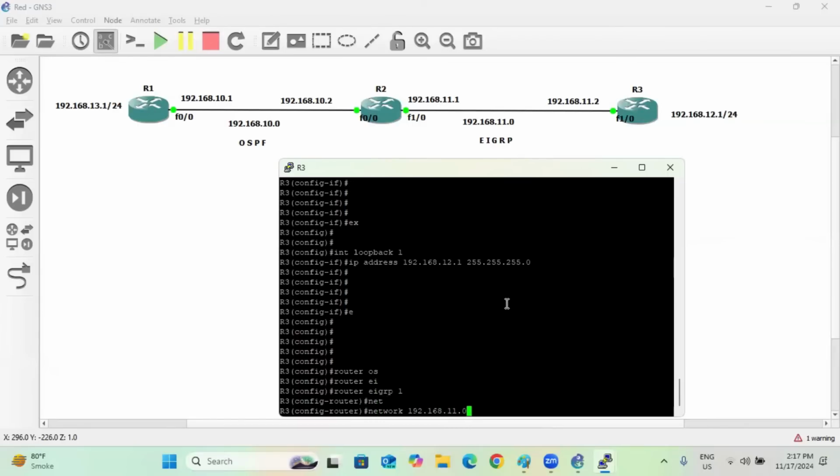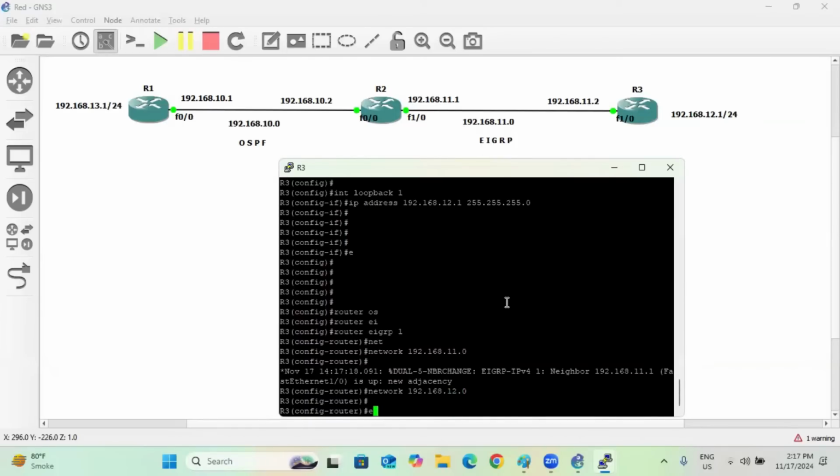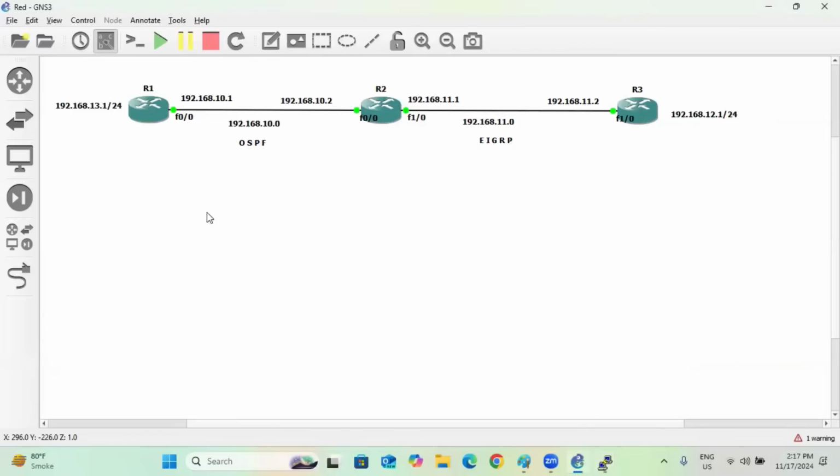192.168.11.0. Whenever I advertise the network, it will get the neighborship within a few seconds. And advertising the other network, 192.168.12.0, it will take some seconds to boot up. Okay, dear. Now, whenever I try to forward the data from R1 to R3, it will not be forwarded,